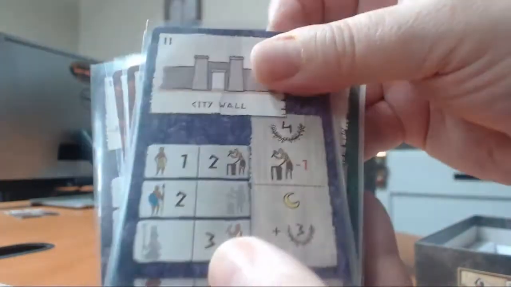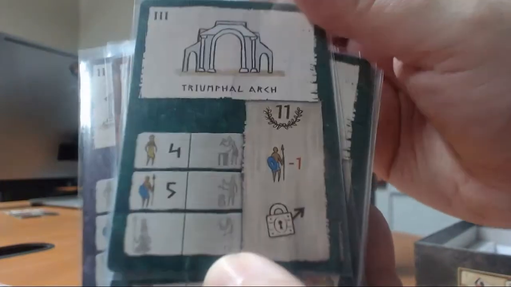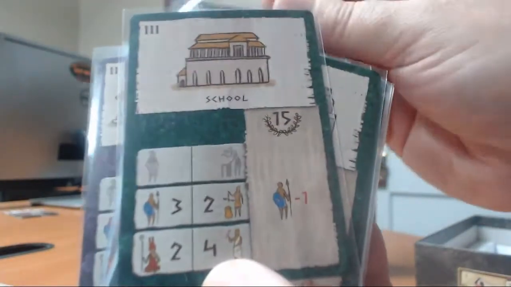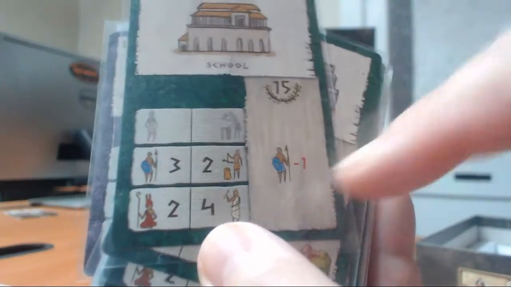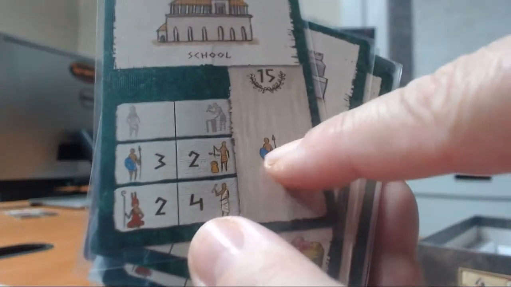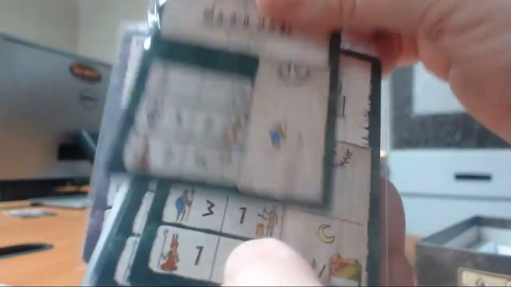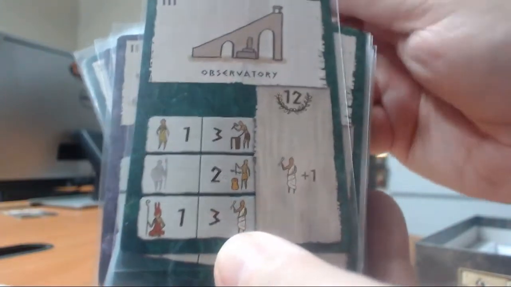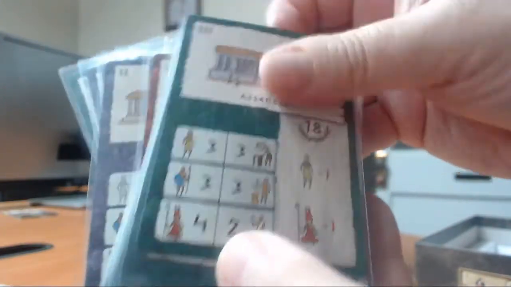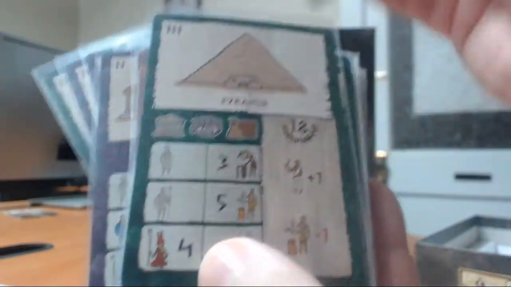Lighthouse, city hall, city wall. Sorry, granary, meeting place, and then the Era 3 cards. Triumphal arch, school. Lots of workers for that. See, but it has you negate one warrior if you want to build a school, but it gives you 15 victory points. Acropolis, Colossus, Observatory, Assembly, Library, Hanging Gardens, Pyramid,